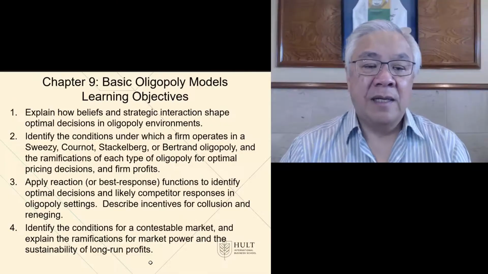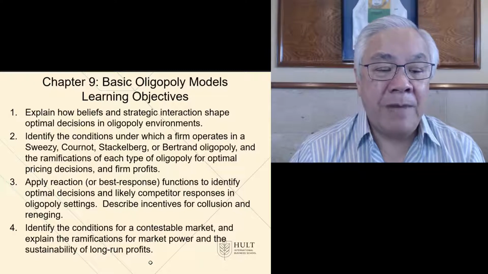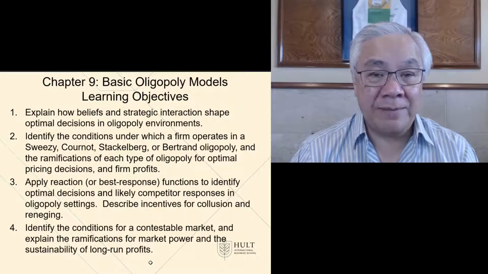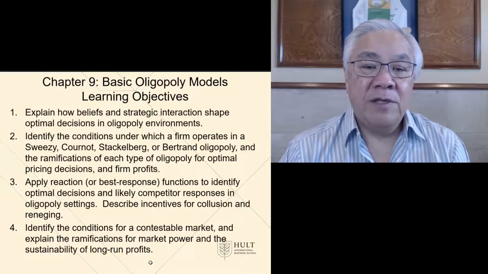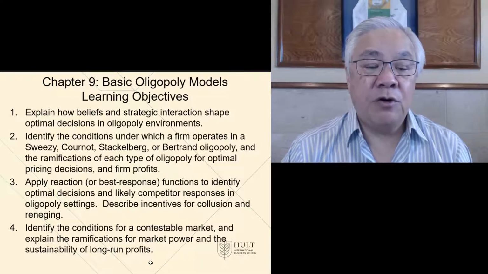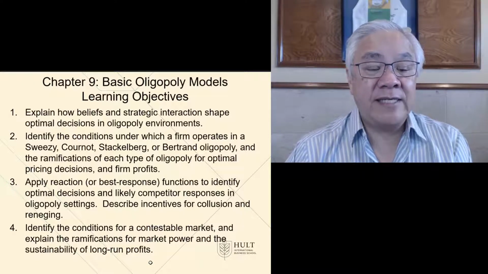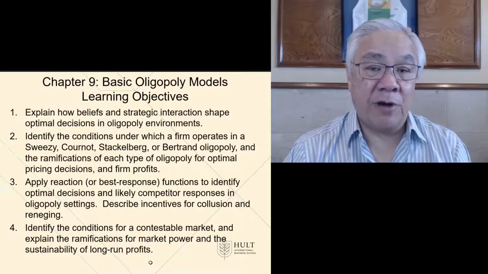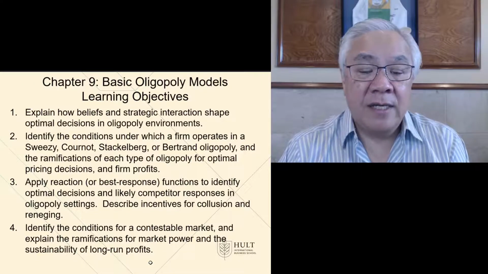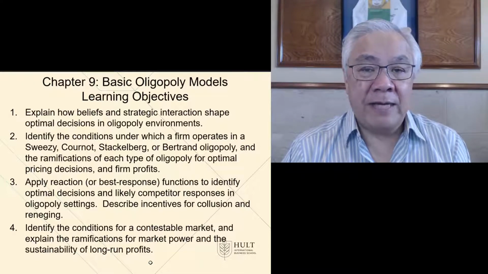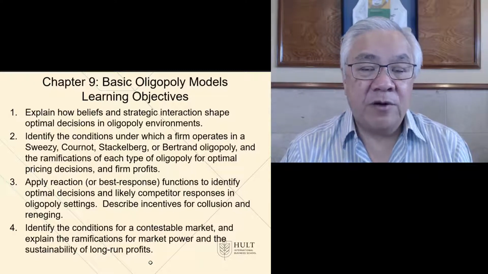Concluding now, the learning objectives for Chapter 9: we're looking at how beliefs and strategic interaction shape how oligopolies work. We saw different conditions where a firm can operate, and we saw variations of Sweezy, Cournot, Stackelberg, and Bertrand. And we also looked at the ramifications for pricing, quantity, outputs, and therefore profits for the firms. We also looked at the reaction or best response functions for looking at what actions would take place from the firms in the industry